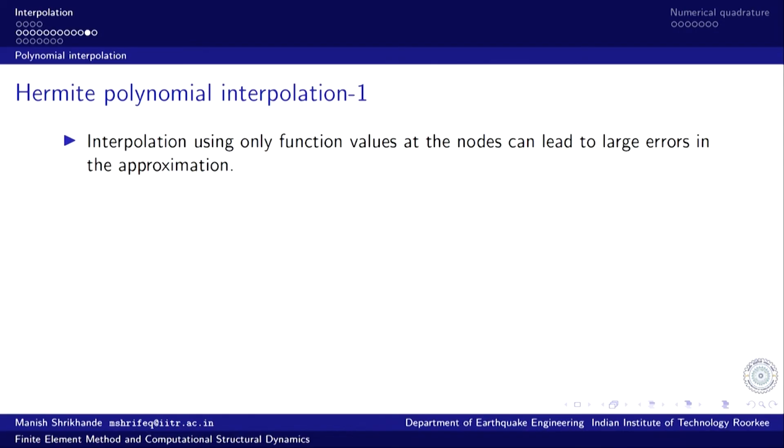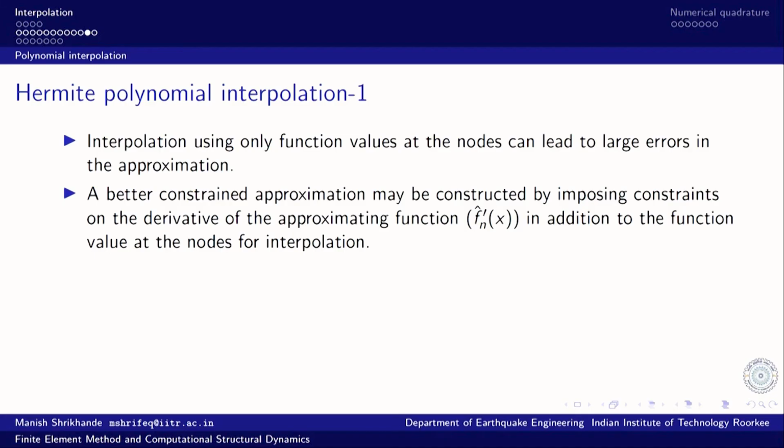So, that is for the polynomial interpolation using only function values. As we saw in the approximation of the Runge function, if we concentrate only on the function values, we can possibly have very large errors in between the nodes, because there is no constraint on the derivative, no constraint on how the approximation function approaches the function value at the nodes.